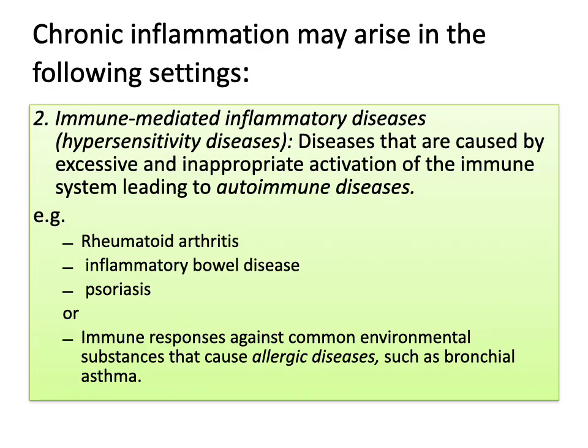Now, it's not just infections that can cause chronic inflammation. You can also have inflammatory diseases, particularly autoimmune diseases. Autoimmune diseases are diseases wherein the immune system remains uncontrolled. The immune system starts to attack different parts of the body. So for example, rheumatoid arthritis